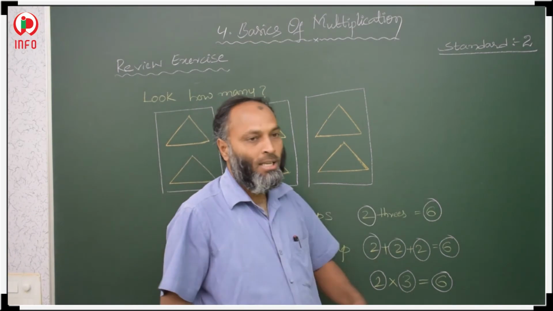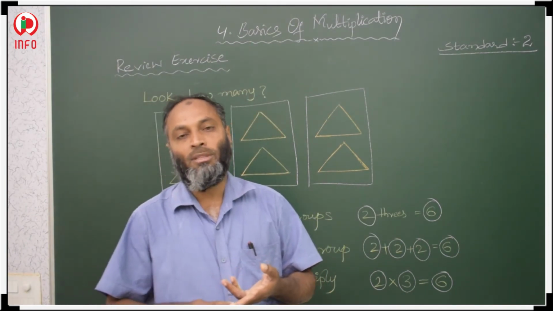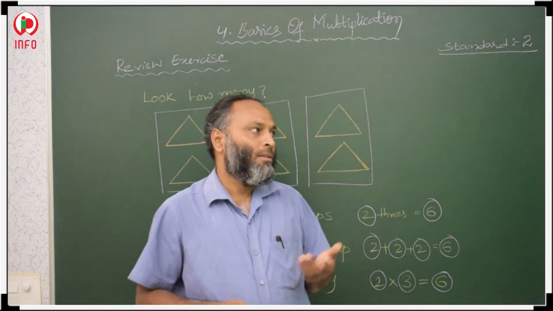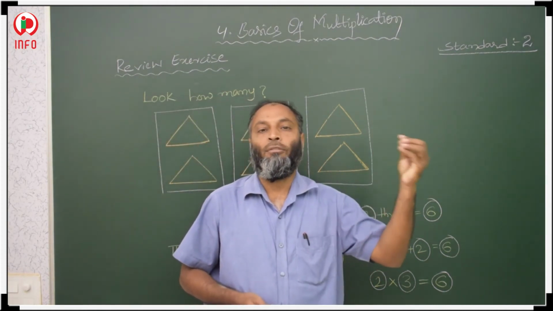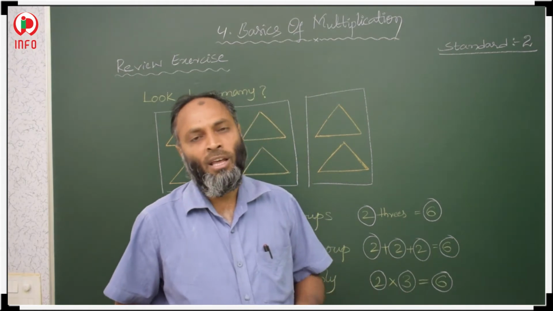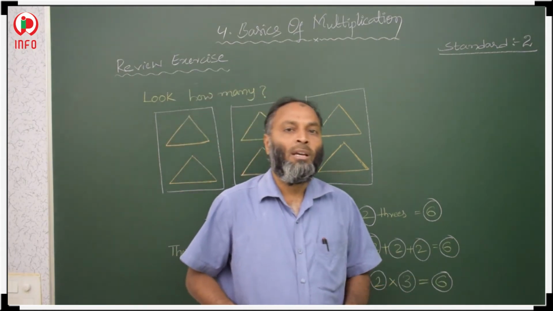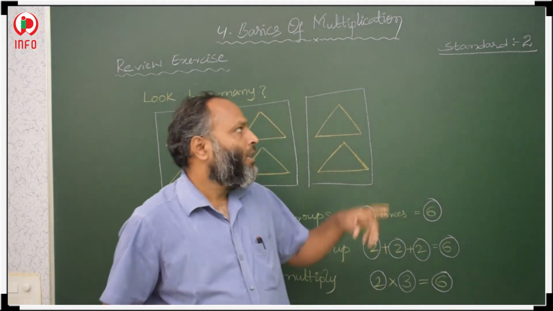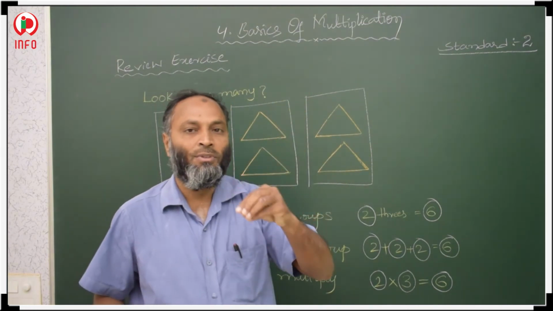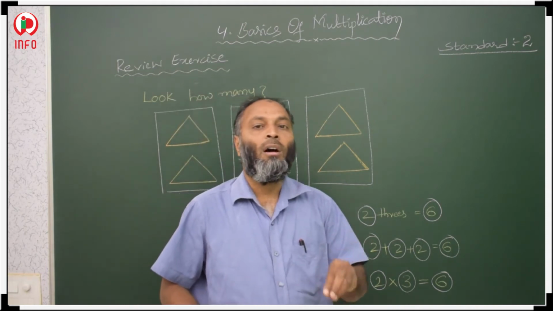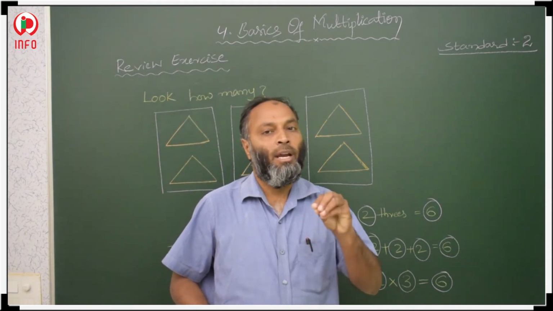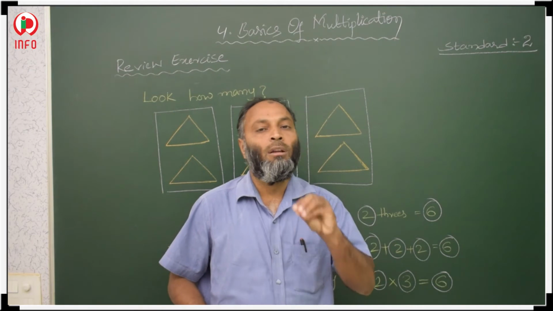So if you are going to add 3 times, it takes some time. Here only 2 twos were there. In some groups 5, 5, 5 articles were there, so it takes much time. Because of this, multiplication is very useful to find the solution in short. Then how to find repeated addition in short using multiplication.